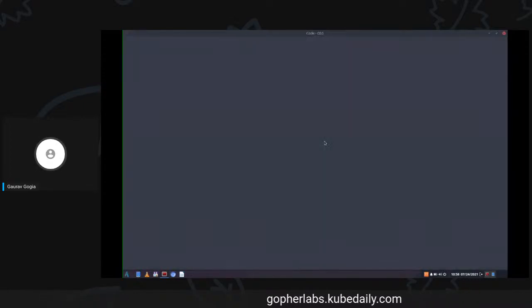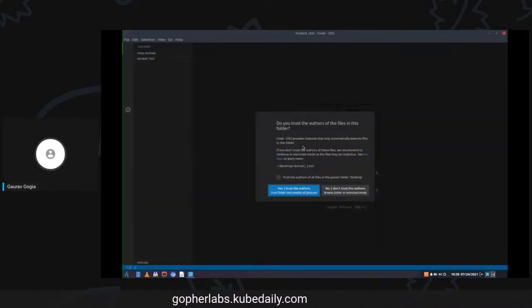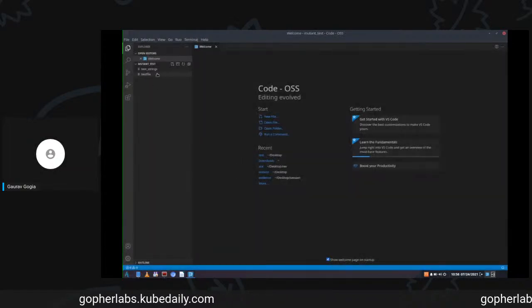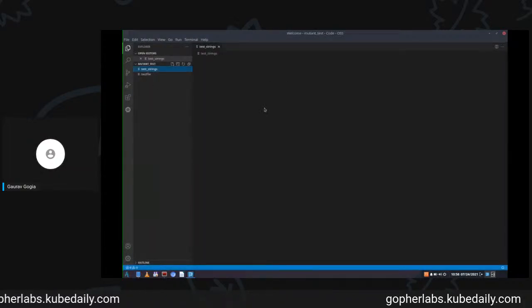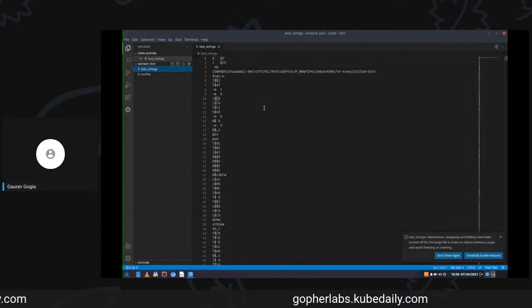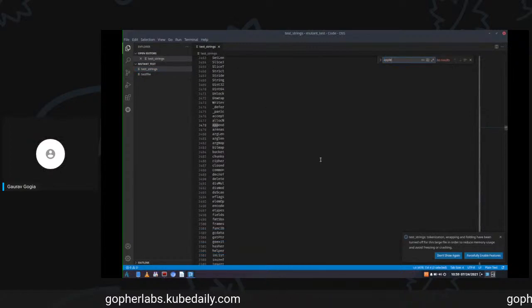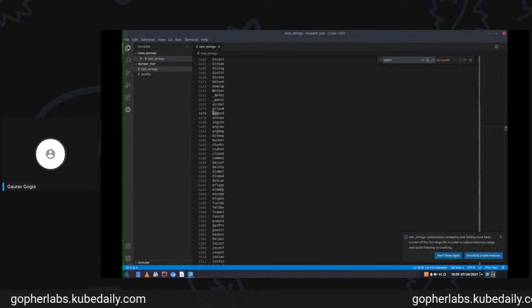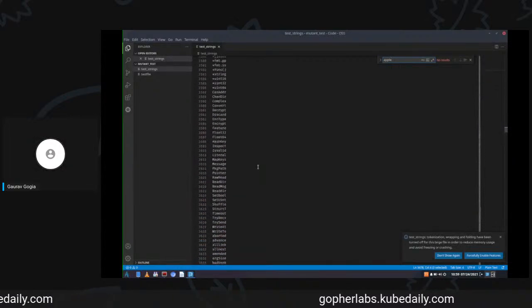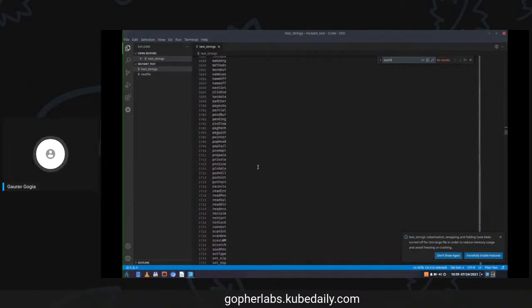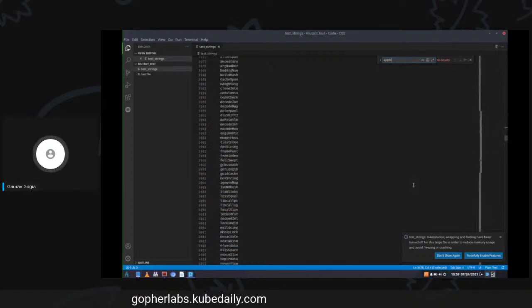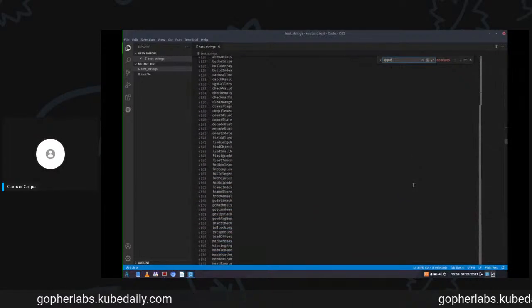And open our VS Code here to see what's going on. Okay, test strings. Let's try and find Apple or something else here. It's not here. It's like append and something else. It's something related to Go maybe. Case in point, our password is not here. It won't be there because the entire bytecode is encrypted.